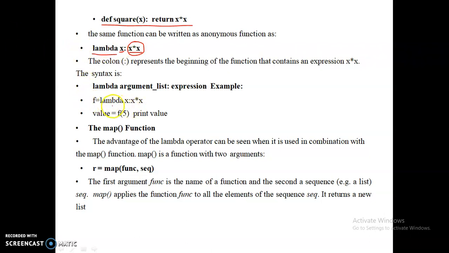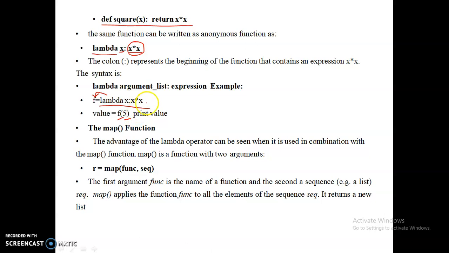So we need not mention the return statement also. Say for example, if you want to assign a name for these lambda functions, then you can write the lambda function with the required argument and the required statement, and assign it to your required variable. Then you can use that lambda function with that variable name and required parameter.